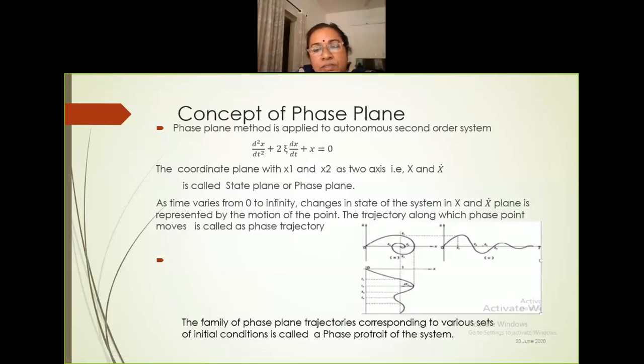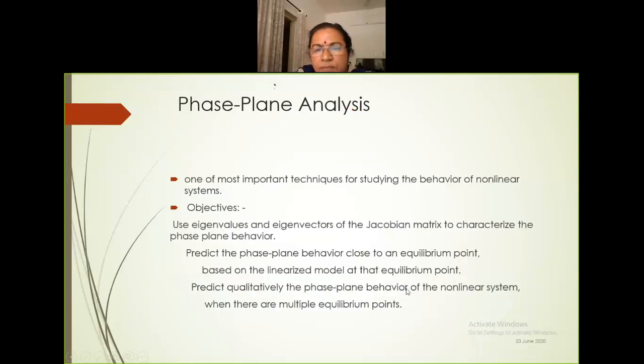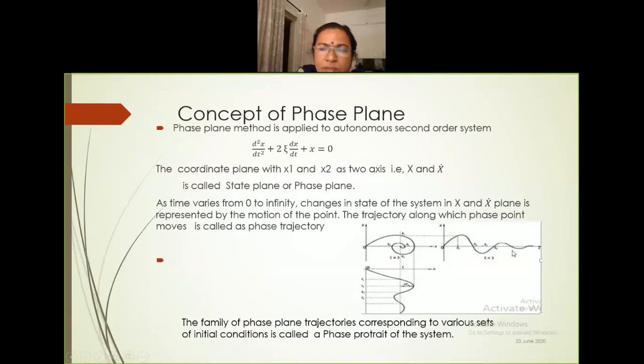Now we want this x, which is here. Now we need x dash. How do you get x dash from that figure? We know that it is the derivative of this figure. When you take the derivative, you will get this diagram. So along the x axis it is time and along the y axis it is x dash. You have got both diagrams, one is x and the other one is x dash. You need to draw the x x dash plane. That is the phase plane.